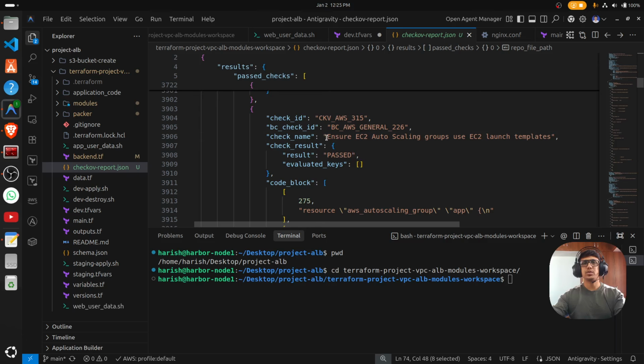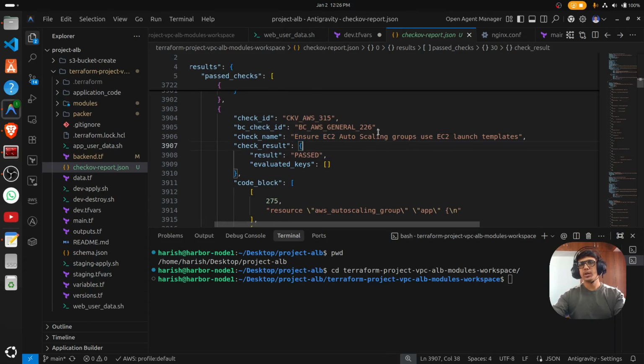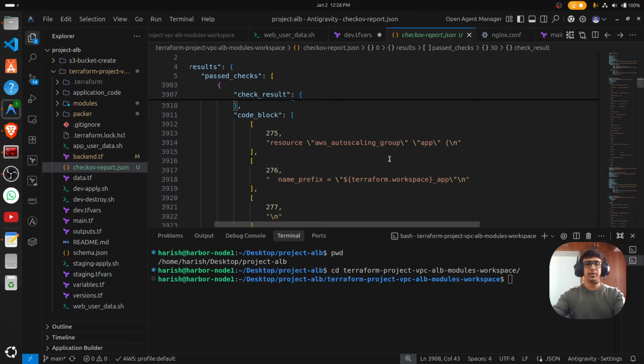It passed: ensure EC2 auto scaling group uses EC2 launch template. They're giving a suggestion. It passed, which means your infra is right now good, and this is a good practice to do. So it's going to suggest, if in case